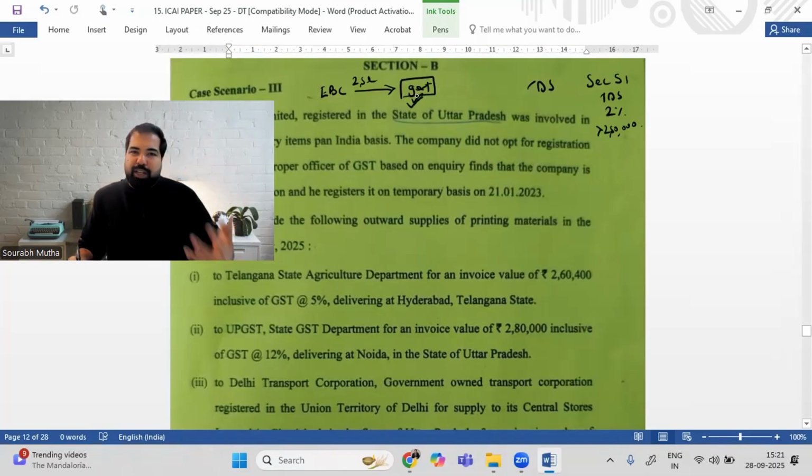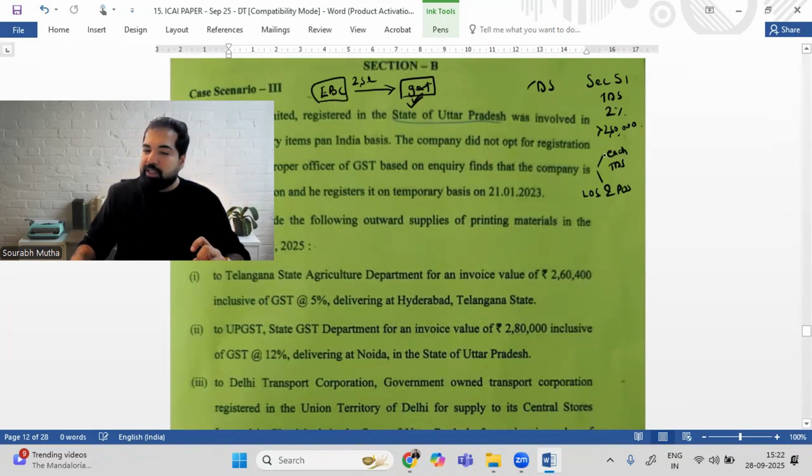There are some exceptions here. There are only seven notified people who have to deduct TDS, which I've given in my lectures, so you know, but a government entity is one of them. But there are two exceptions. When these seven people are dealing with each other, there is no TDS. And when the location of the supplier and the place of supply, for example the electric bike company and the place of supply, are in one state, for example Karnataka, but the government is in Tamil Nadu, in that case you don't have to deduct any TDS.